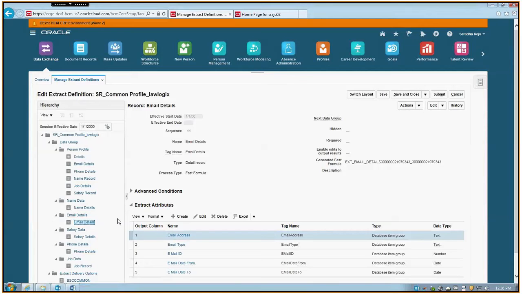Groups with the record details. And then you need to link those records, based on your requirement, using traversal. Okay. So similarly, if you see the phone details, an employee can have multiple